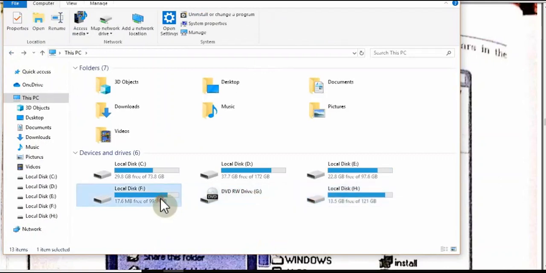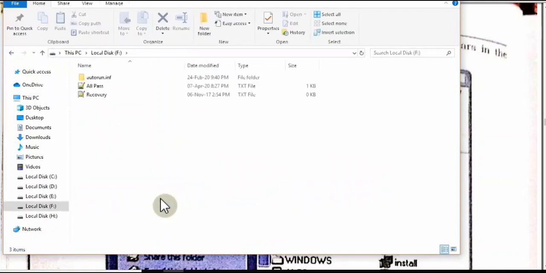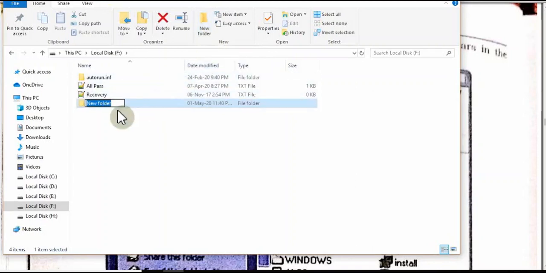So let us check the process. Now how I can make a folder. Please follow my mouse cursor. You can see this Windows 10 gives you option of creating new folder already. So if I click here, you can see I am clicking and new folder is prepared.